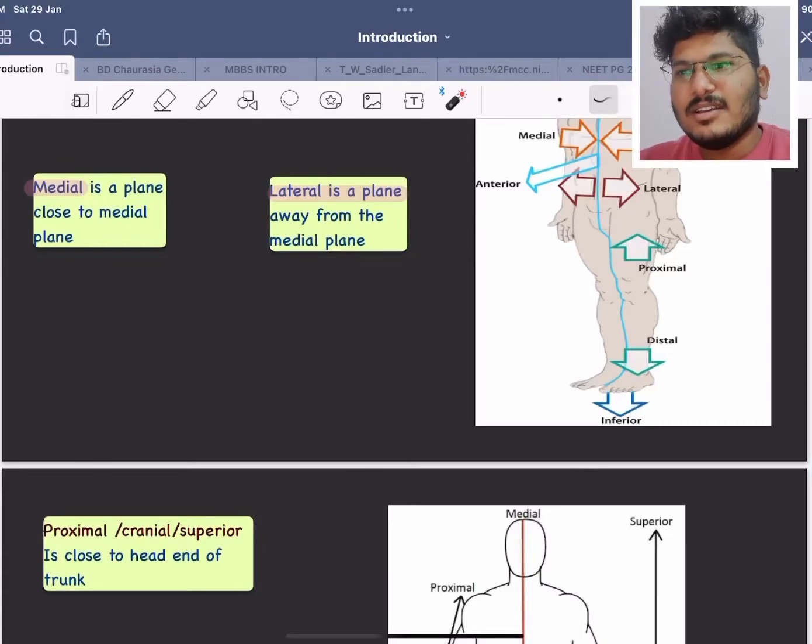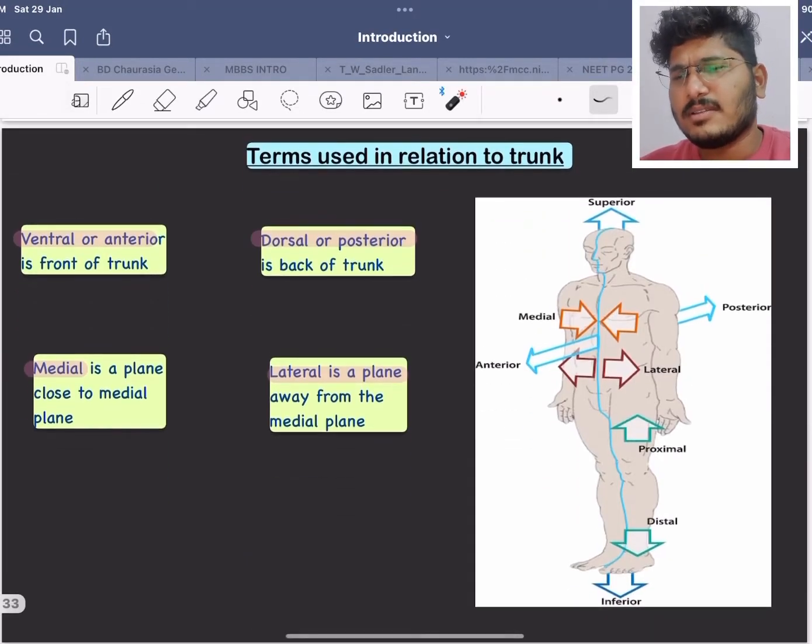Hi everyone. Today we'll continue with the general anatomy introduction. The next topic is terms used in relation to the trunk, upper limb, and lower limb. That is, the terms used in relation to regional anatomy. First, in the trunk, we use many terminologies like